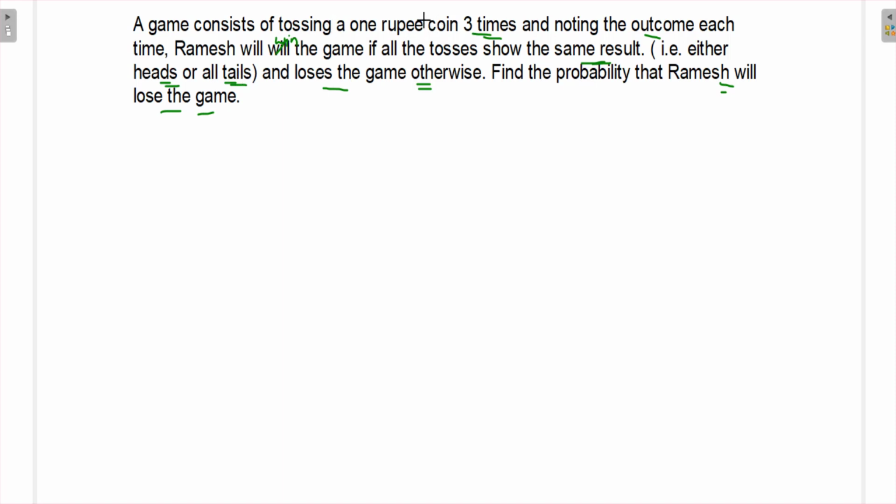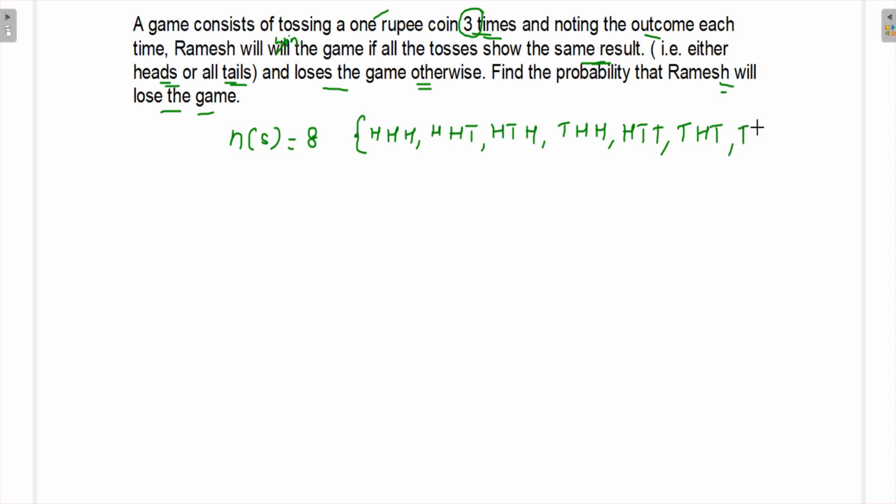Here, since 1 rupee coin is tossed 3 times and the outcomes are noted, the total possible outcomes will be 8, and that will be H, head, head, or H, head, tail, or H, tail, head, or H, tail, tail, or T, head, head, or T, head, tail, or T, tail, head, or T, tail, tail. And the number of possible